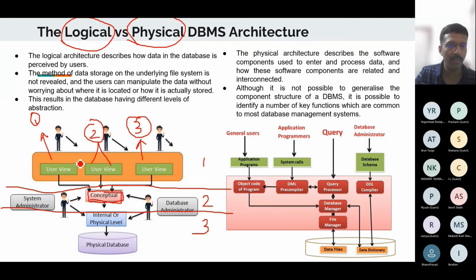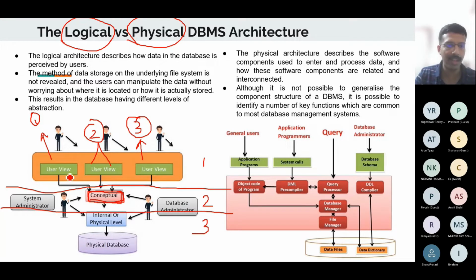So the conceptual level is similar to what I told, the Python program of 10 lines. I try to explain that in words. So that is what happens in this conceptual level. So I am asking the DBMS to create a database having 5 tables. Each table is having so and so data and so and so type. So I am telling it at a conceptual level. I am not trying to tell it to take 5 bytes of data and assign it to some data type, things like that. So that is called the conceptual level.